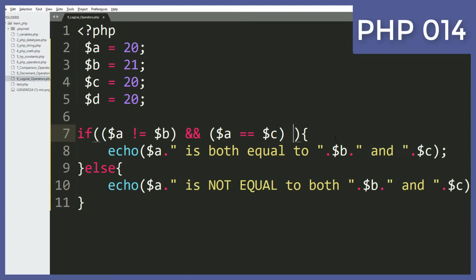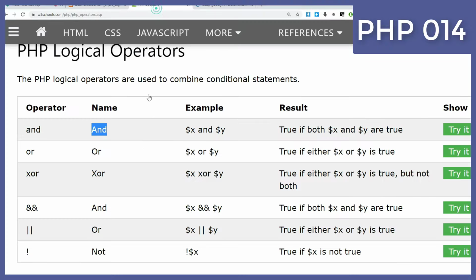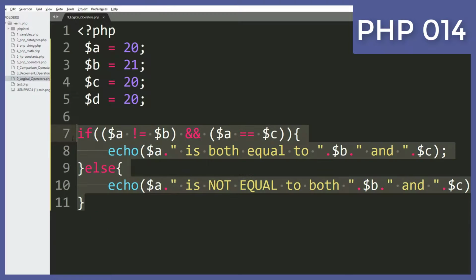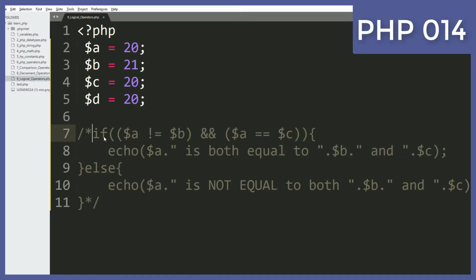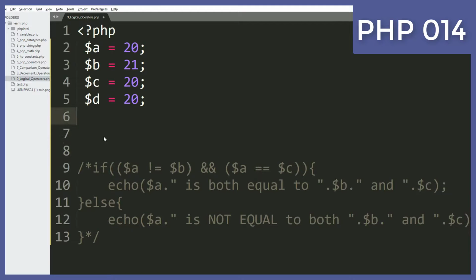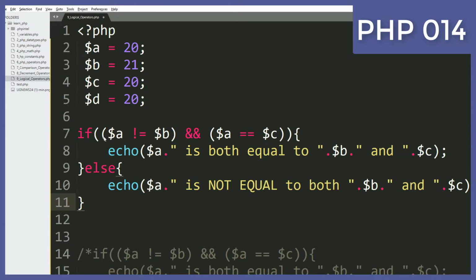I can as well combine another condition by using these logical operations. Okay, so I can as well use or. To use the or, I'm going to copy this and comment. I don't want to delete it because I'm going to share this code in the description of this video, so that you can download it in case you want to practice along. So I'm commenting so that you can follow along and see. So what I'm going to do here,